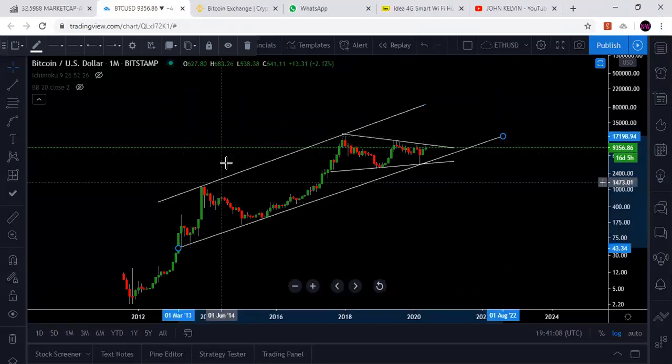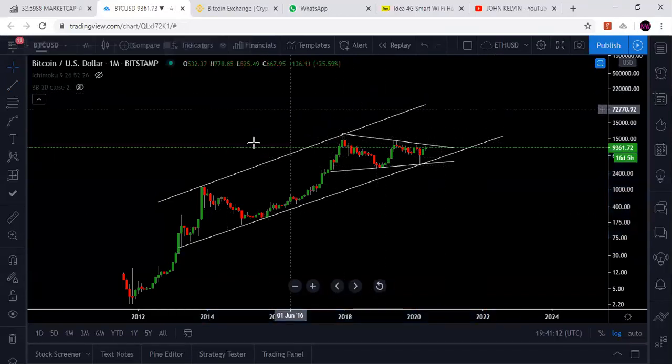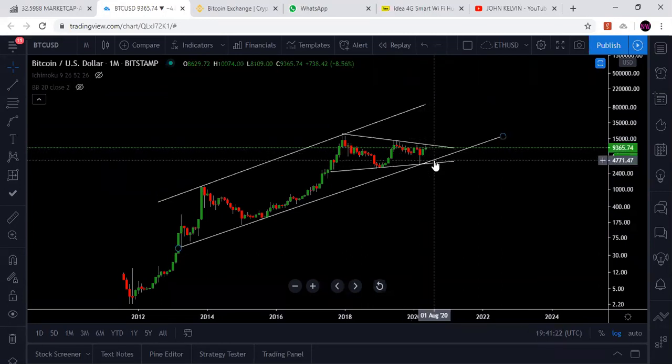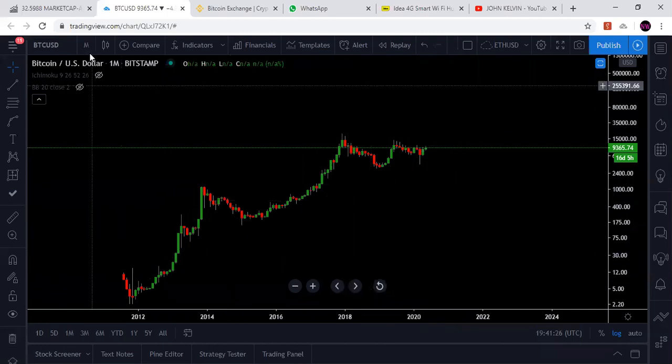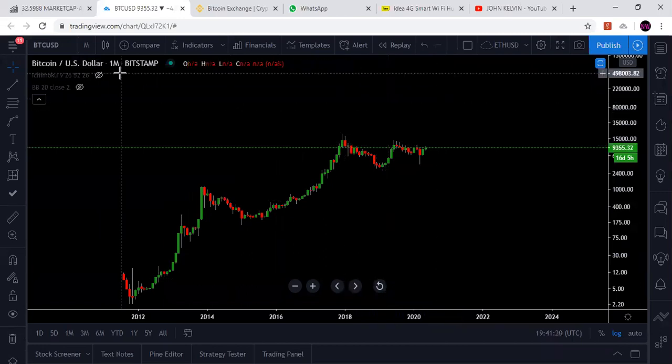So we have this touch, this touch, this touch again, and I don't know what will happen next. So we should be expecting not an immediate move. Like I said, this is a monthly candlestick until the end of this month before we get another candlestick open. So that is for that. For the monthly time frame, I still stick to my targets to the upside, but